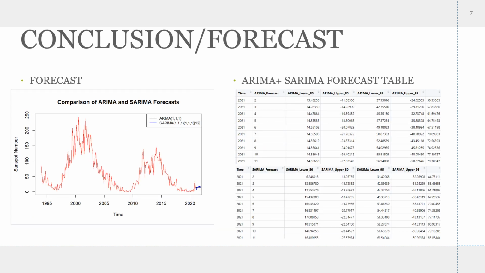Looking at the forecasting of the next 10 series points for the models, we can see for the first ARIMA model that the sunspot number forecast stabilized at around 14.5 per month. The model forecast can be seen as quite conservative, with narrow confidence intervals indicating less variability in the predicted values.